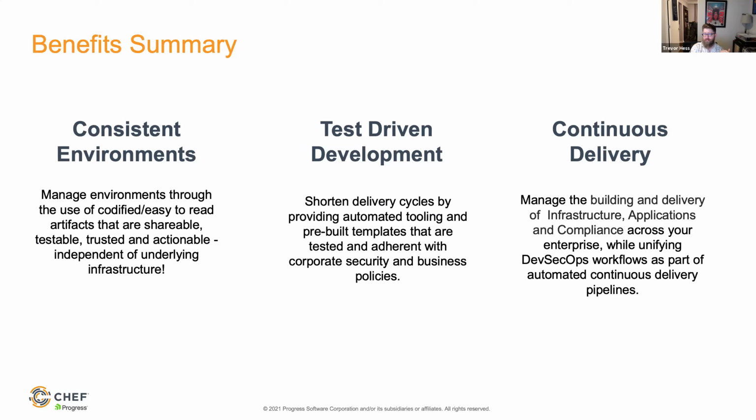Being able to follow those best of breed test-driven development practices to make sure that you're shifting all of those concerns as far left as possible, to make sure that you've got environments that are tested, safe, and secure from pre-production all the way out to production, whether that's dev, QA, staging, anywhere in between, that you're following the policies defined by your organization and ensuring that your applications and infrastructure are as well tested and safe as they